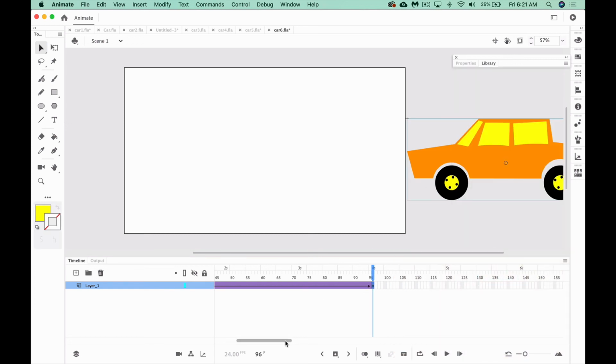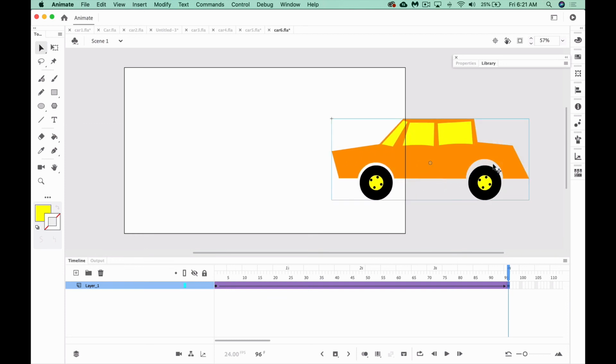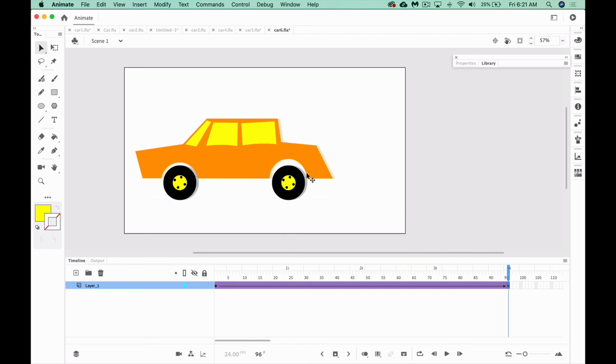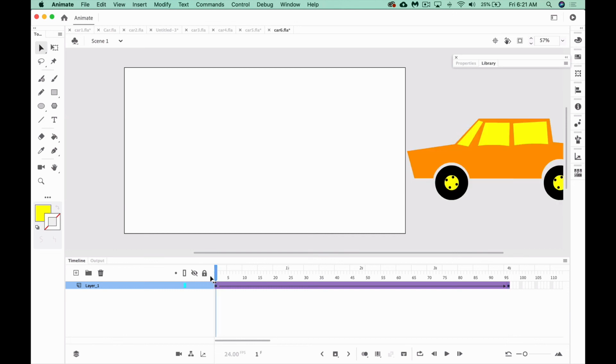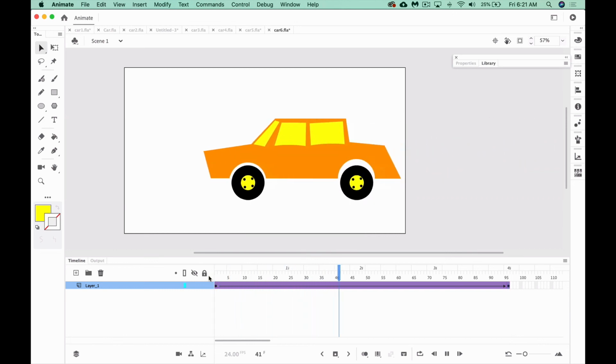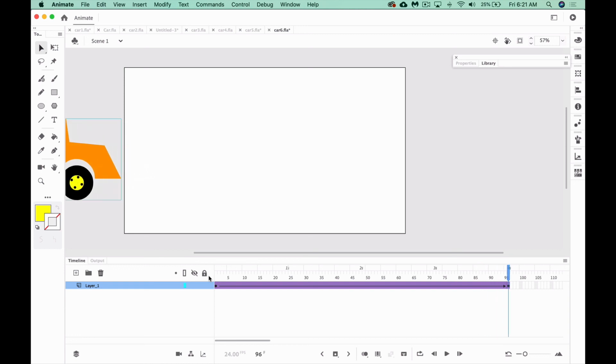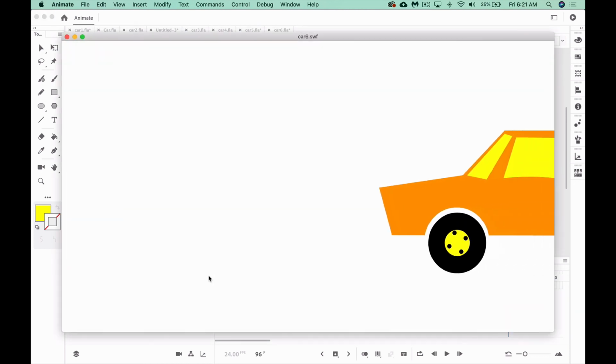Okay, now I'm ready to relocate the car, but I'd like us to be oriented first. Here's frame 1, and this is where the car's supposed to be. He's going to be driving left, and in 4 seconds he's going to arrive on the other wall. So I'm going back to that keyframe we just made. That's at the 4 second mark, and I'm going to take the car and have him arrive, so to speak, or be repositioned. Alright, now when I play it, we get the best of both worlds. It'll even loop beautifully.